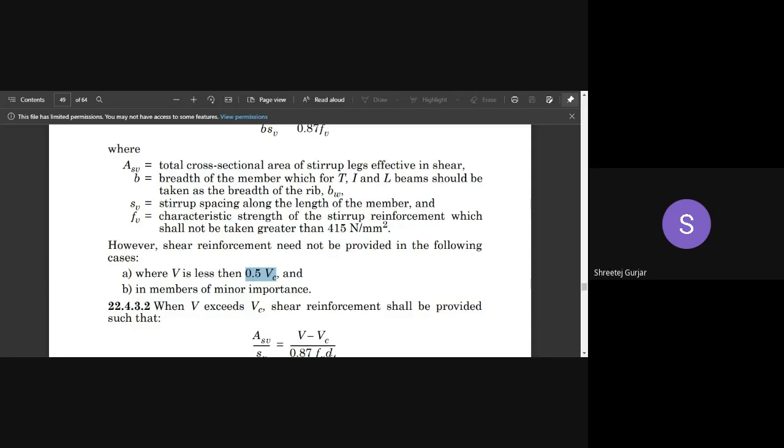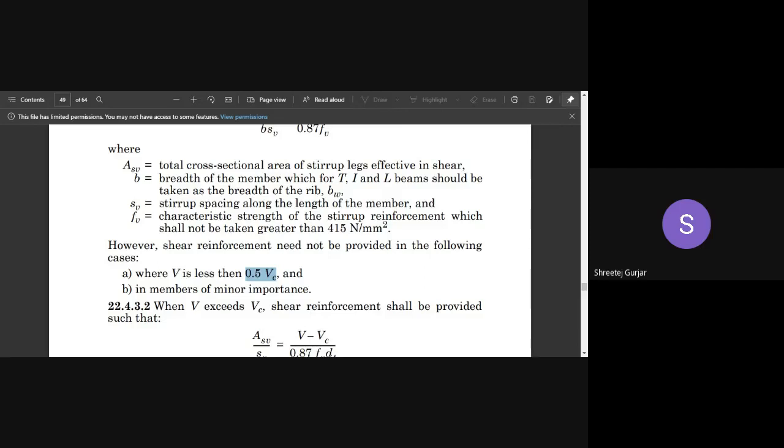What your statement says is, let me explain once more. If the value of 0.5 VCR is greater than V, then no need of any shear reinforcement. What is the value of 0.5 VCR here? It is 120. Is it greater or lesser than 237? It is lesser than 237. So we require a minimum amount of steel to be provided, right? So this is the case. Minimum steel we have to provide.